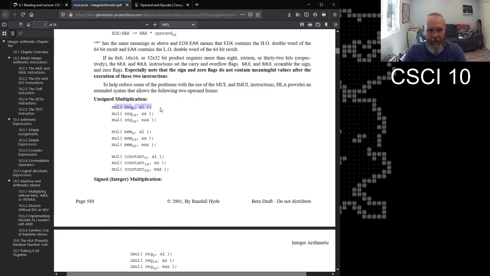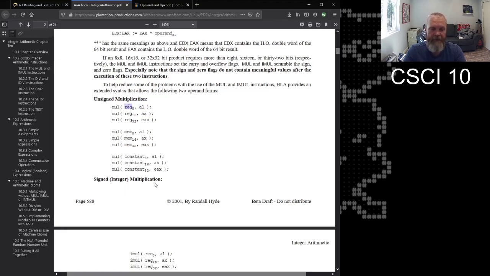So we're going to use this form, but there's a catch to it. Do you notice it says reg8 AL? What that means is, even though it's an extended syntax, this second part has to be AL. You cannot change it. It has to be AL or you will get an error.